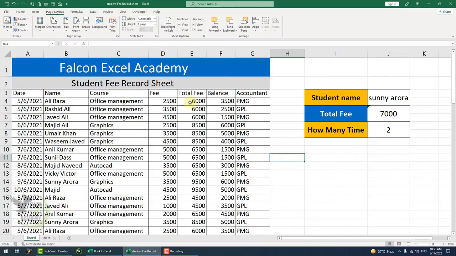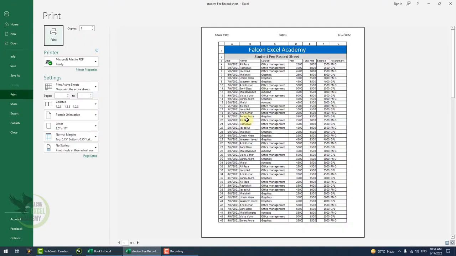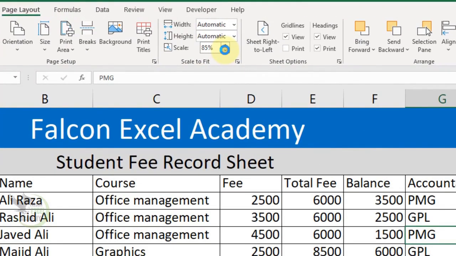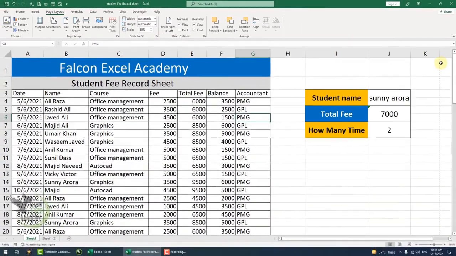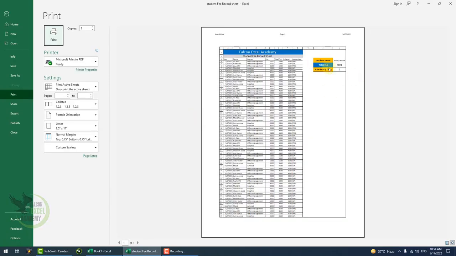onto a single sheet. Next, let's say your data is going from one page to another, and you want some columns that have gone onto the next page to be printed on a single page instead. For that, what you need to do is set it to automatic, and after setting it to automatic, if you increase the scale here, you'll see that after pressing Ctrl plus P, all this data is being printed on a single page. But if you want the data that's going on to the next page, like the stone name and the total written after that, to also be printed on one page, then what you'll do is keep decreasing the scale here. As you decrease the scale, you'll see your page setup reaches this point, and then when you click on print or press Ctrl plus P from the keyboard, you'll see that all your data is being printed on